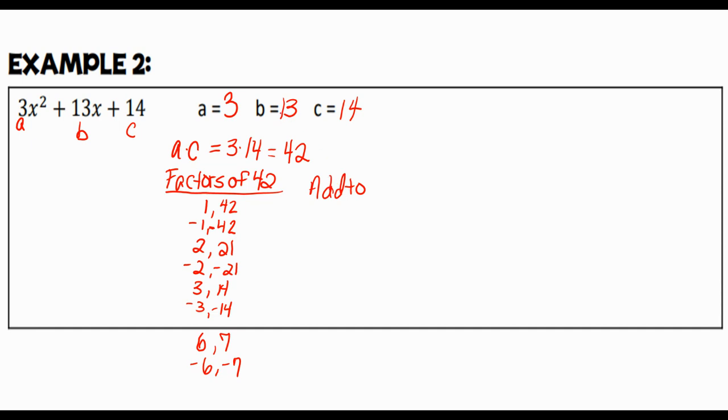We want it to add to our b value, 13. So let's see. 1 and 42 will give me 43. That's not going to work. Negative 1 and negative 42 is negative 43. 2 and 21 is